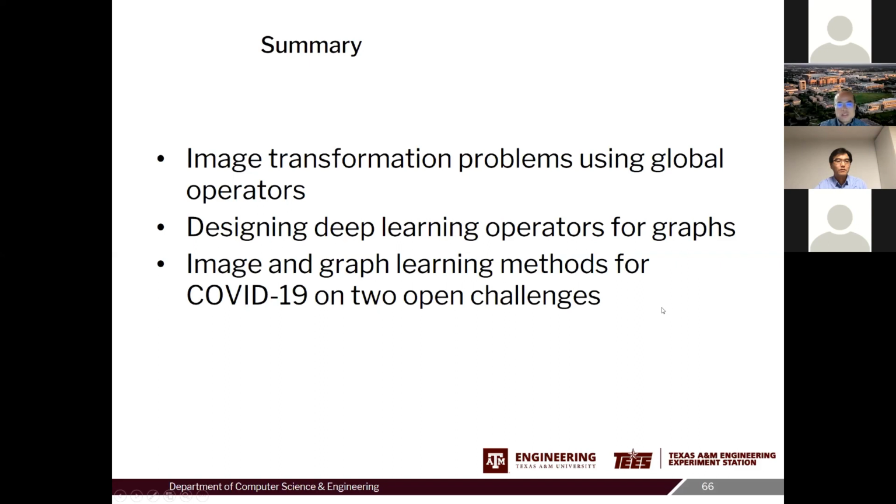I think Dinggang showed a lot of real-world examples of how to solve this in the real world. But since we are not in that domain, we don't have first-hand data. So the best we can do is work on these open challenges. But we hope we can work with other domain experts like Dinggang to really apply our method to solve problems in the field.